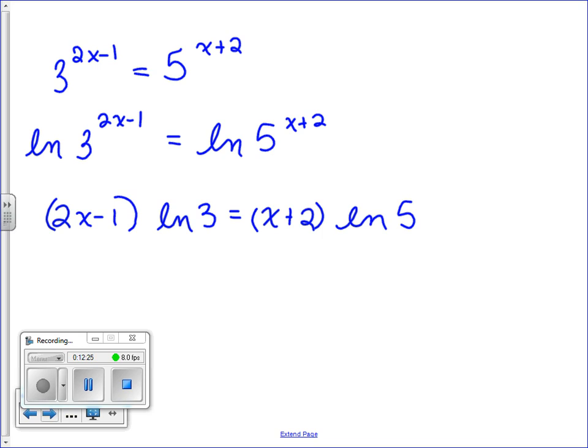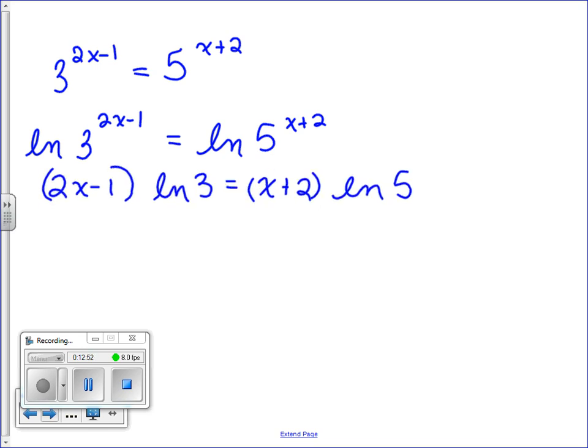I am going to distribute this log throughout on both sides, like this. And then I'm going to get the x's on one side, the non-x values on the other side, factor out an x, and divide. Yeah, it sounds crazy, but it's really not that bad. Alright, so that's going to give me